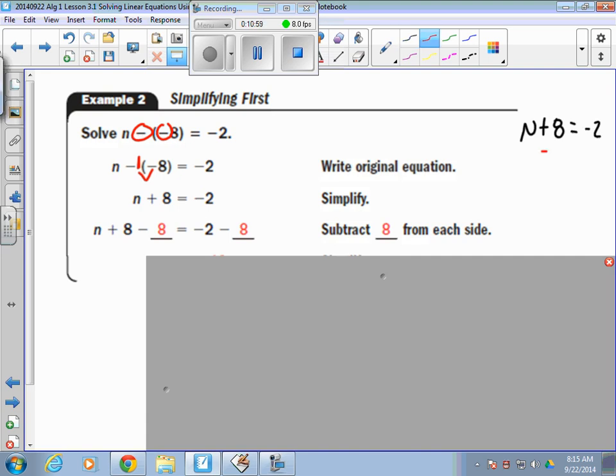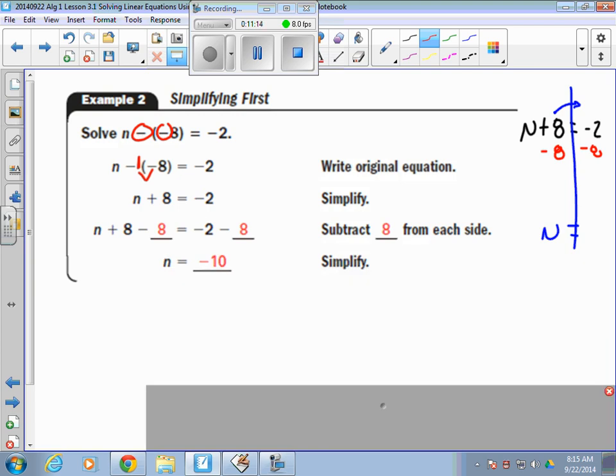Subtract 8 on both sides since you want to move that. You want to get n equals all by itself. We want to move plus 8 over. So you subtract 8. Negative 2 minus 8 is going to be negative 10. Think of that number line. You get negative 10. So when you plug that negative 10 in, negative 10 minus a negative 8, that's what